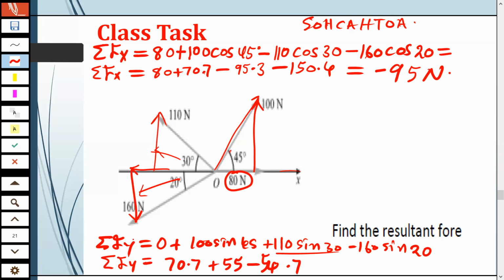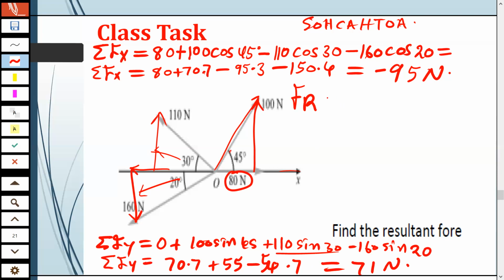So we have 70.7 plus 55 minus 54.7. This gives us 70.97, which is just the same as 71. So we have 71 newtons. Now, to find the resultant,